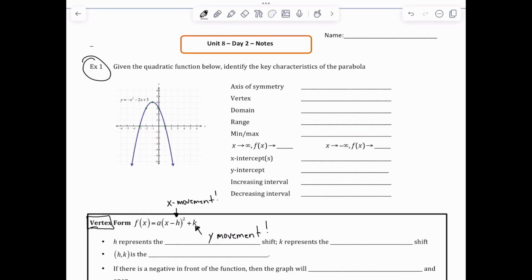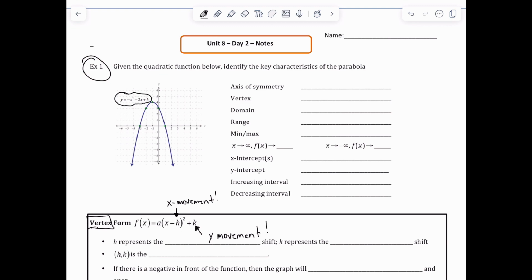Hello everybody, and today we are going to do Unit 8, Day 2 notes. And we're going to start by just reviewing some of the stuff we went over last class. For example, vertex, axis of symmetry, domain, range, and all that stuff. So first thing we're going to do is look at example 1, and they actually give you the equation for